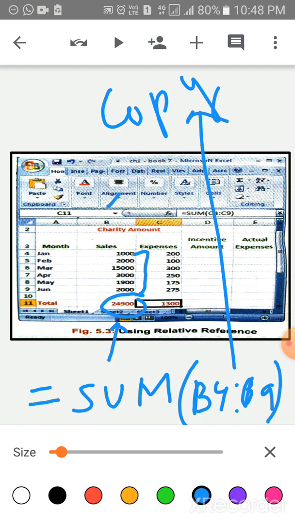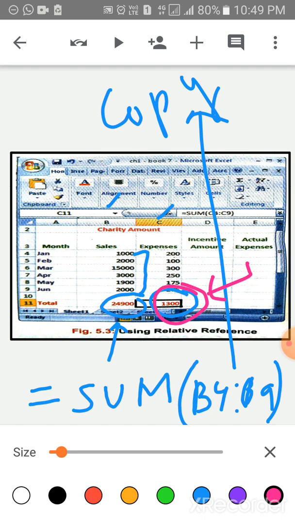After copying, you select the C11 cell. Where is the C11 cell? This is column C and row 11. Here you paste the formula and press enter. This formula will automatically be copied in the C11 cell.